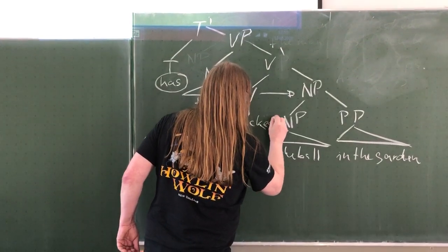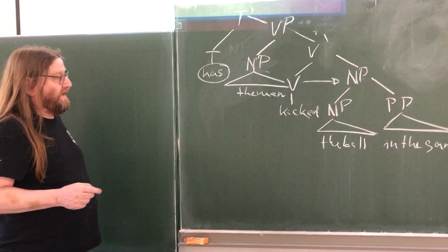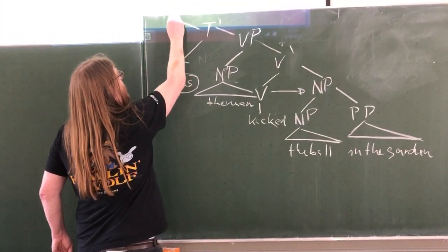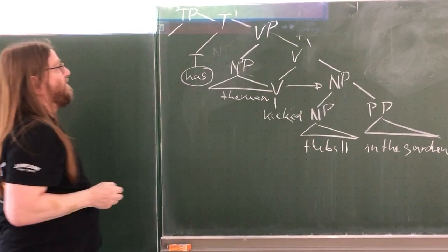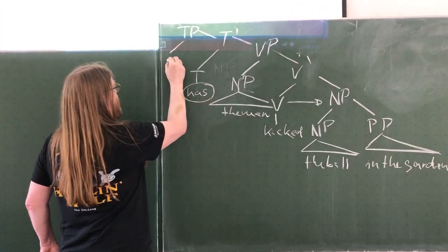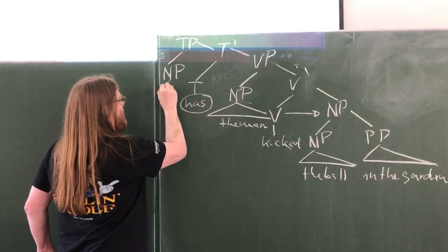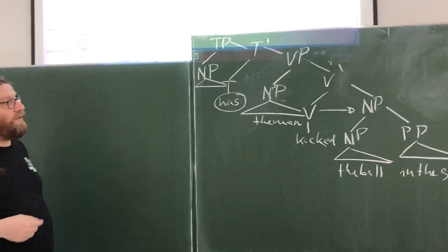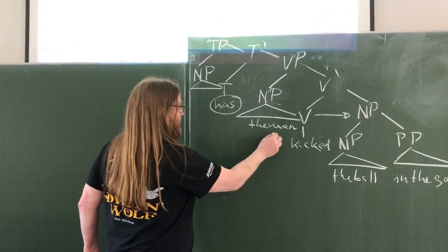And we also need to modify the verb form as the man kicked the ball. And on top of that, we build a tense phrase. And now we only have one additional thing to do, namely